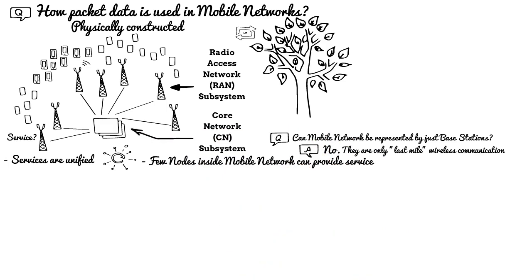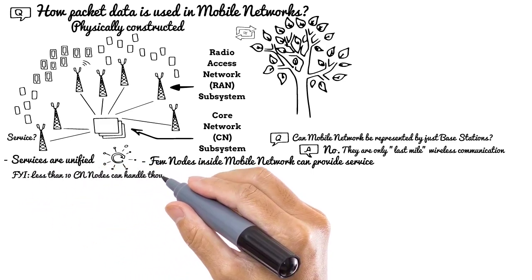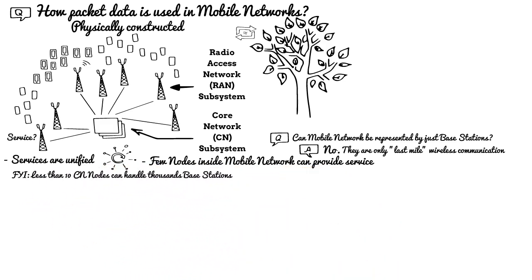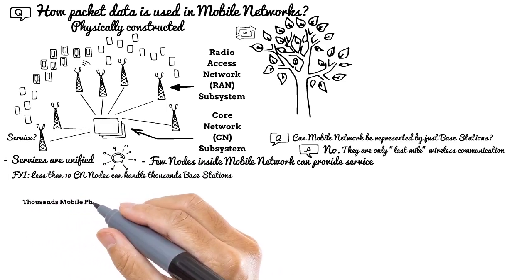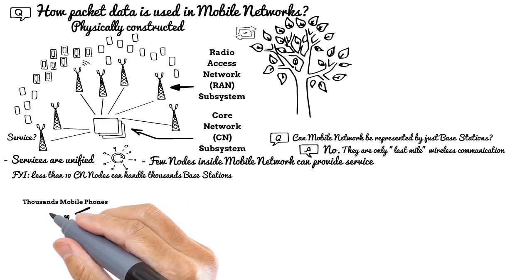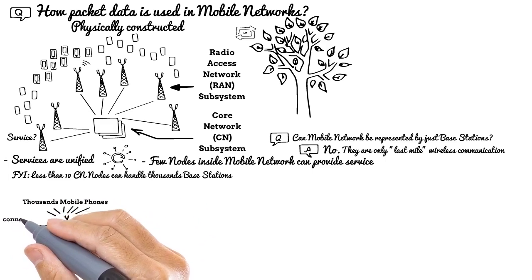Exact ratio of base station numbers to core network nodes number depends on particular network and node's capacity, but it can be high enough. Just to feel real possible numbers, less than 10 core network nodes can handle thousands of base stations. Let's wrap up. We may have thousands of our tree leaves, mobile phones, connected to their last level tree branch, base station within